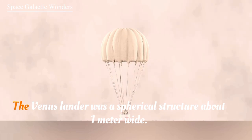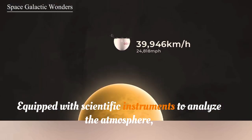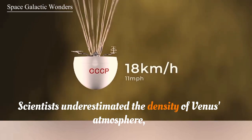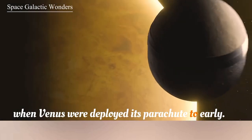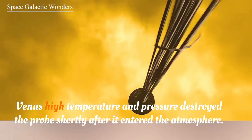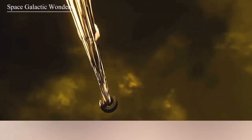Due to the simplicity of early designs, the Venus lander was a spherical structure about 1 meter wide, equipped with scientific instruments to analyze the atmosphere. The lander had no propulsion to slow its descent, and relied solely on its parachute. Scientists underestimated the density of Venus' atmosphere. When Venus deployed its parachute too early, it slowed to 18 kilometers per hour, meaning it had to endure 90 minutes in the atmosphere. Venus' high temperature and pressure destroyed the probe shortly after it entered the atmosphere, cutting off